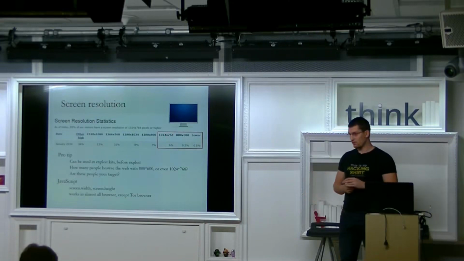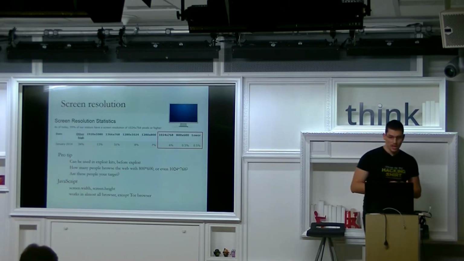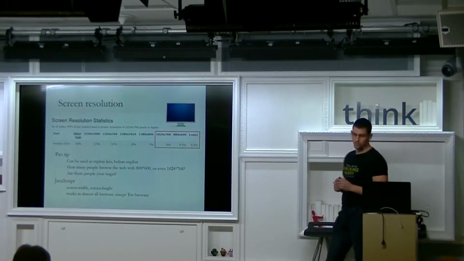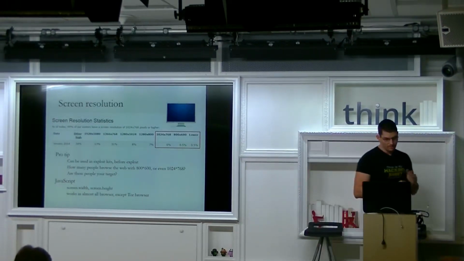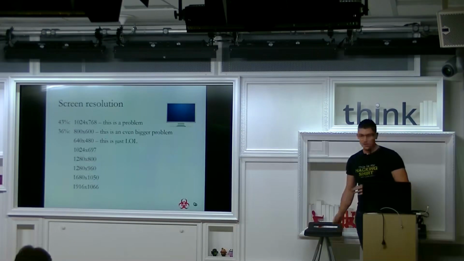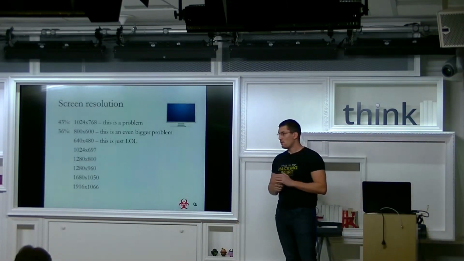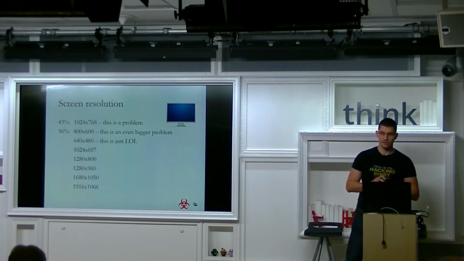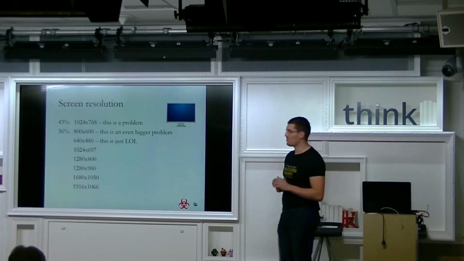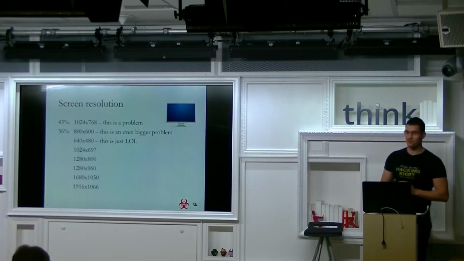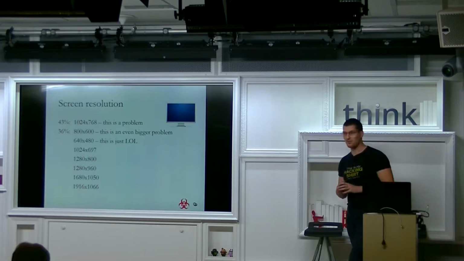The first one was the screen resolution. Here you can see statistics from a browser statistics company. As you can see, around 7% of the users on the internet are using 1024x768 screen resolution or lower. But let's see the sandboxes. 43% used this kind of resolution, and 36% used the 800x600 resolution, which is a big problem. There was even one sandbox with 640, and I mean, they didn't even try to hide.